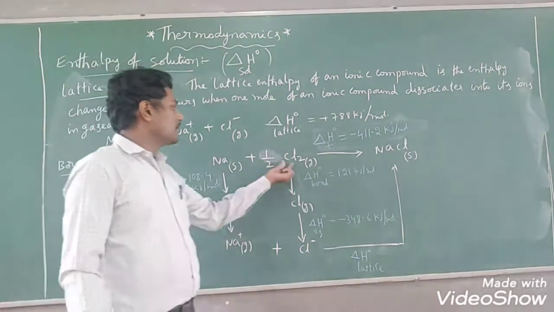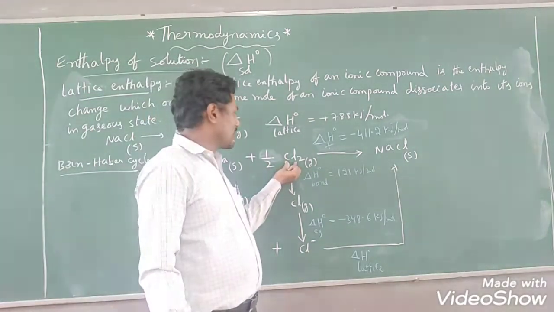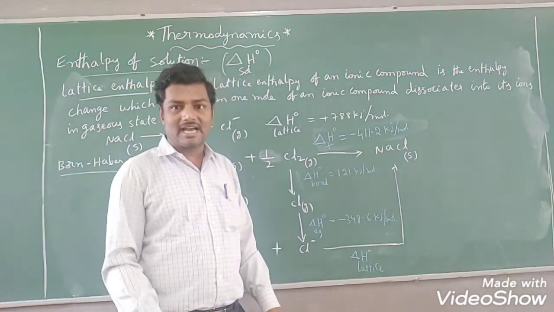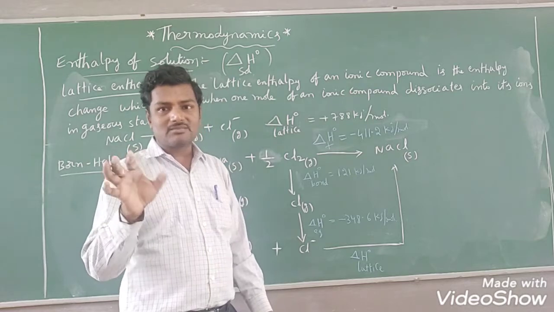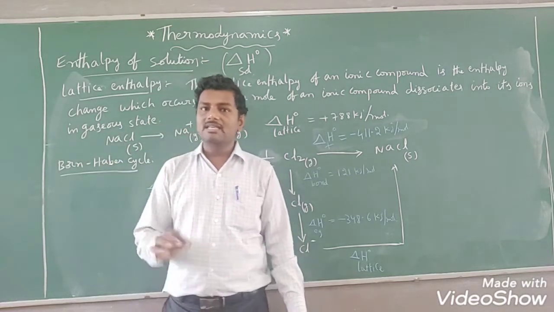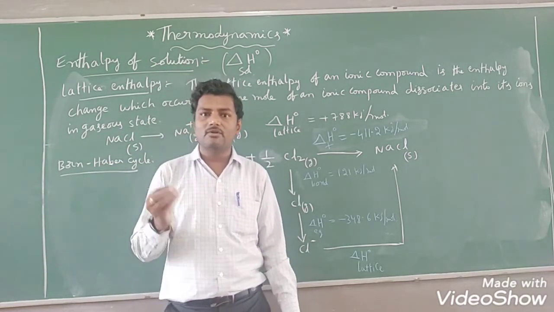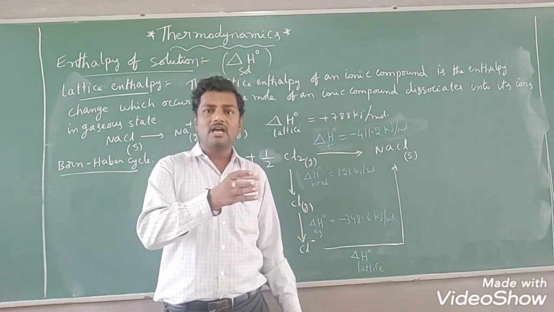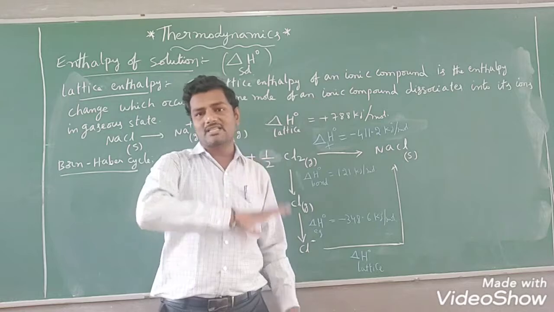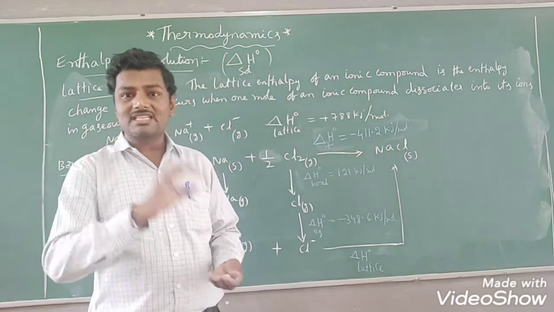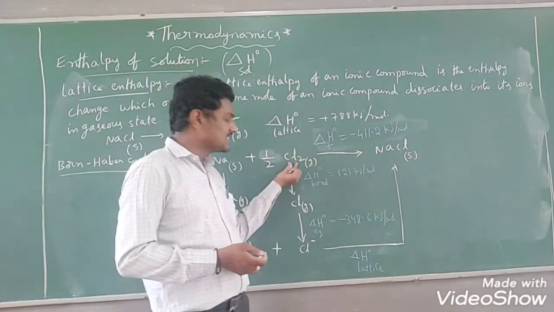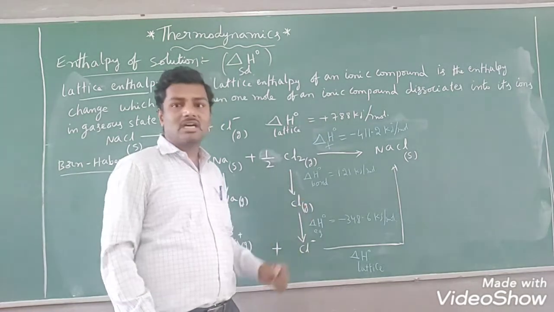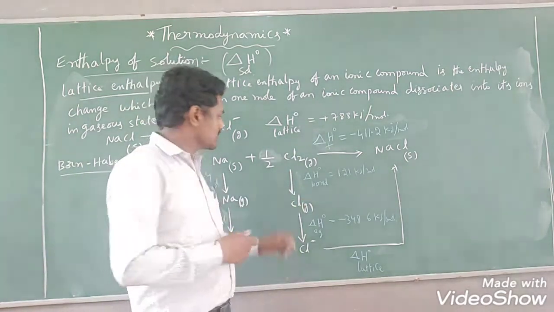Yes. Now coming to the point of chlorine, it is available in molecular state. So if you want to convert this chlorine to Cl minus ion, definitely we have to use the term electron gain enthalpy or else electron affinity. What is the electron affinity? The amount of energy released when one electron is added to the neutral isolated gaseous atom, right? Neutral isolated gaseous atom. Separate atom we have to take, but this is present in elementary state, molecular state. That you should convert into what? Atomic state, right?